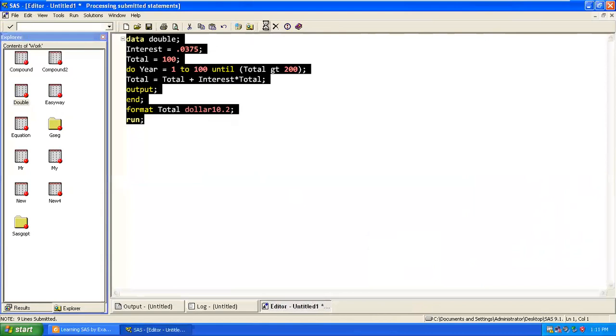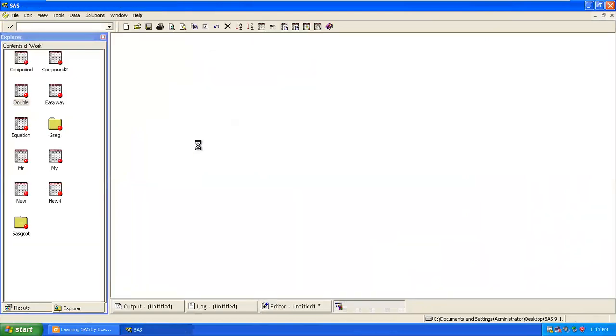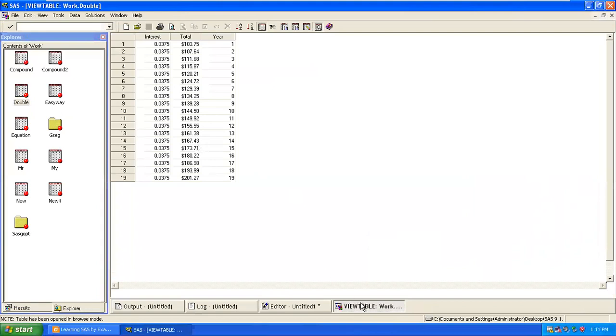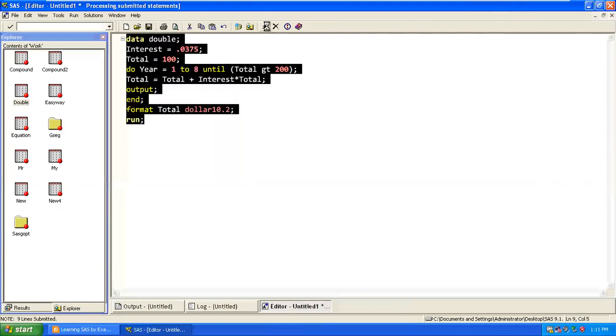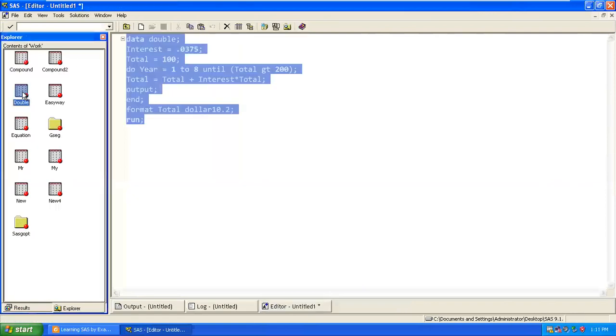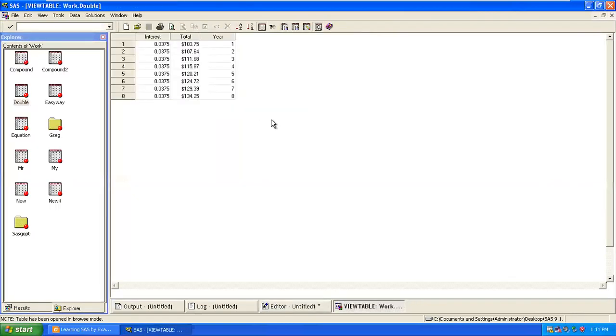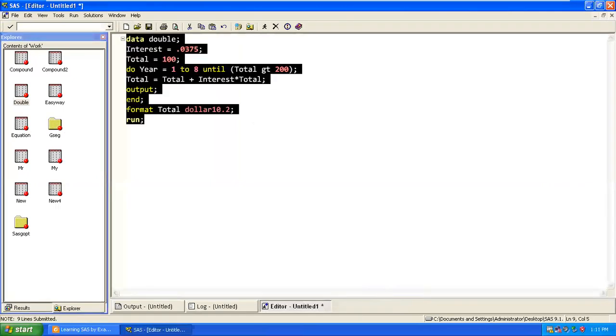Here it will not be 100, I guess. So I can stop it at, let's say, 8 or 9. With the help of this, the calculation will happen for all of those, but you will be getting values for only up to 8 records. Correct. You can stop this again.